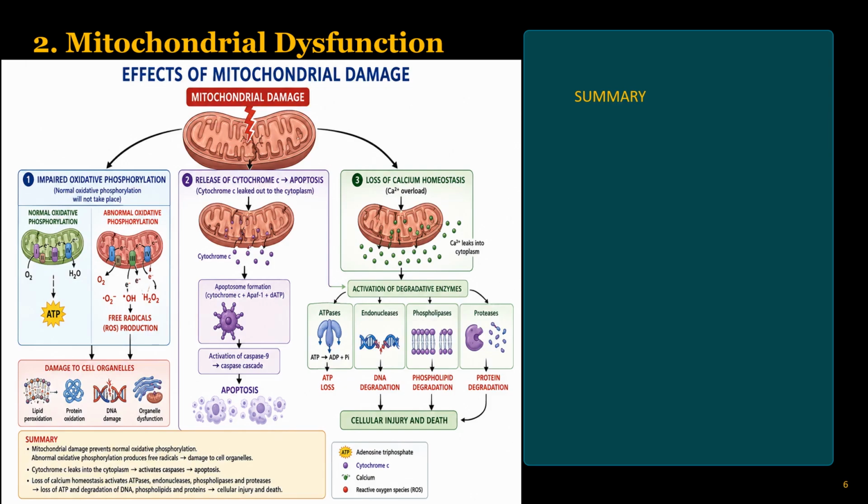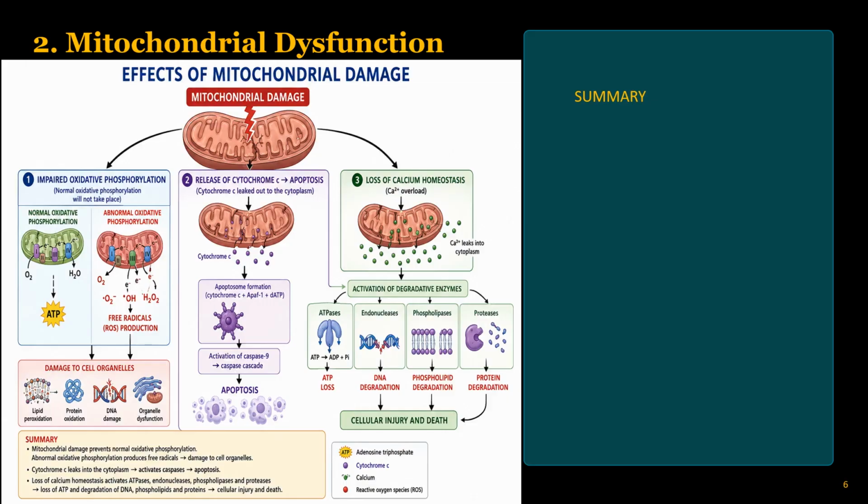And that programmed cell death is called apoptosis, which we are going to discuss in our next video. So if there is no apoptosis, the cytochrome C should remain inside the mitochondria, because anytime the cytochrome C comes out, it leads to cell death, and that cell death is called programmed cell death, or apoptosis. But if the mitochondria is damaged, whether there is programmed cell death or not, the cytochrome C is going to come out. And if the cytochrome C comes out, it will lead to programmed cell death called apoptosis, even though it is not needed. And that programmed cell death will lead, obviously, to the cell being dead.